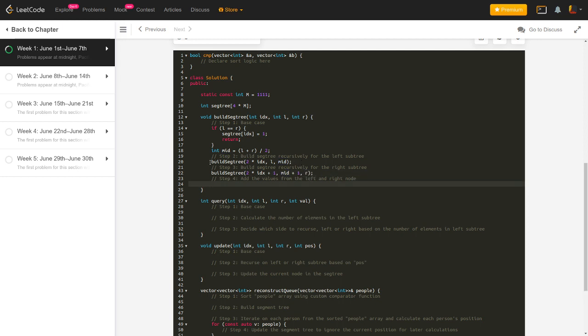Once I've recursively built the left subtree and the right subtree of the segment tree, since this is a sum segment tree, I just need to apply that logic. So I'll accumulate the sum in the current index from both of its children, which are the left child and the right child. So seg tree of index is going to be seg tree of x plus